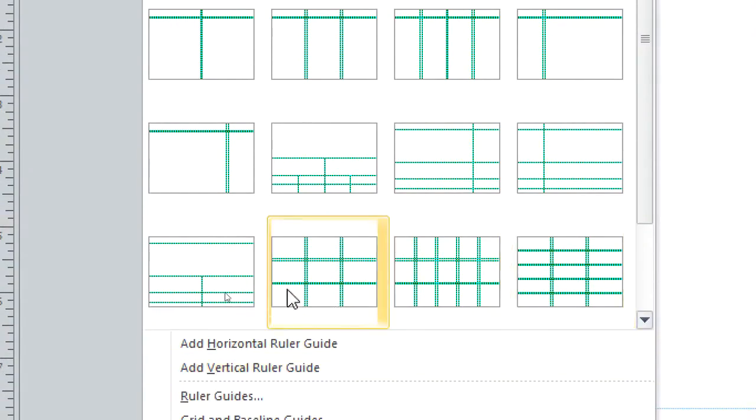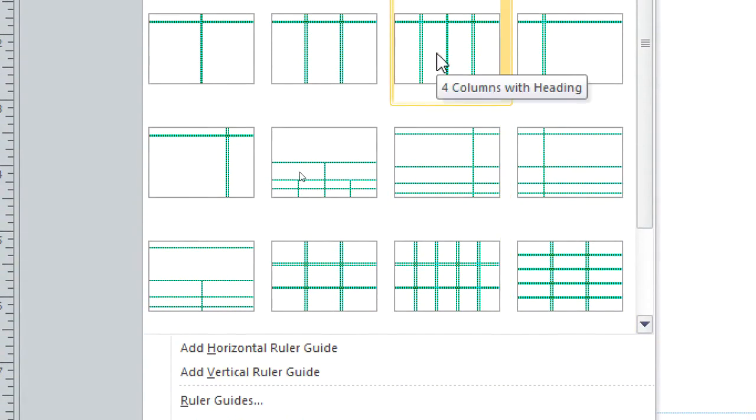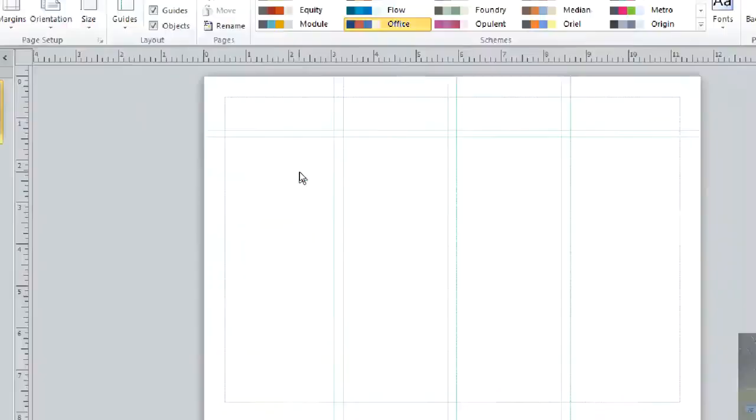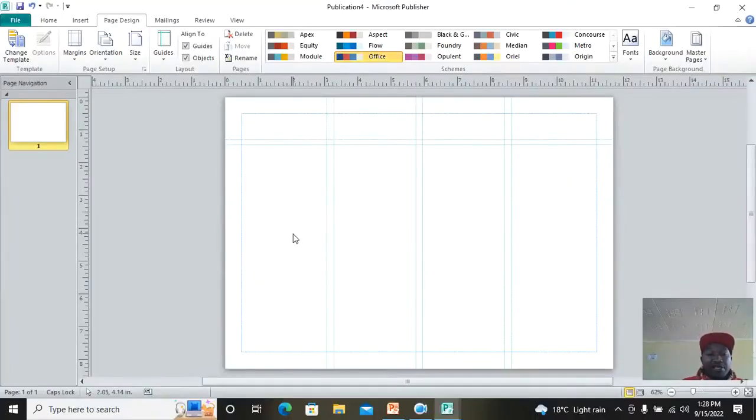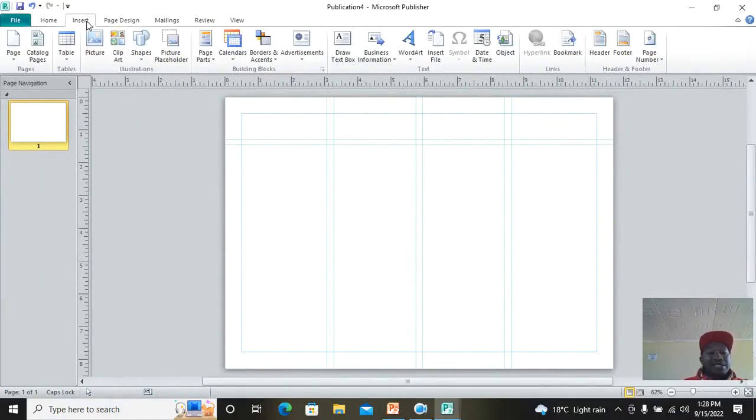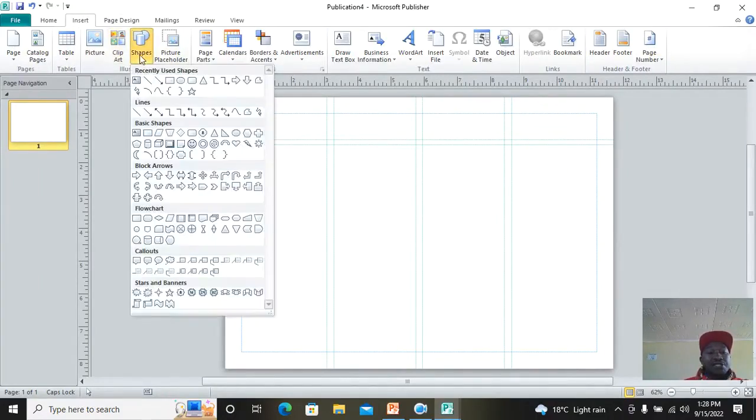Then they choose a guideline that suits their needs. For example, I may go with this one. Then you see my page has been divided into four equal columns. So this means that the next thing, if I need to assign text, I just go to Insert, Shapes, then